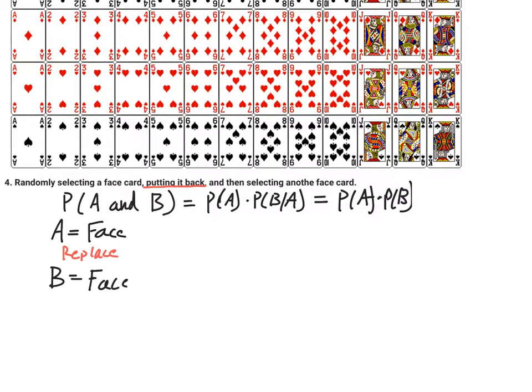Because we've already calculated how to find the probability of pulling a face card, we know that there are 12 face cards. So that just becomes 12 face cards and 52 cards total. So that just becomes 12 over 52. And then we know that because these are independent events, we can just multiply the probabilities right next to each other. So it's just going to be 12 divided by 52 again. When you calculate that out, you end up getting